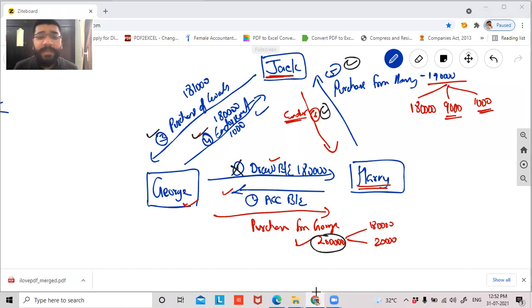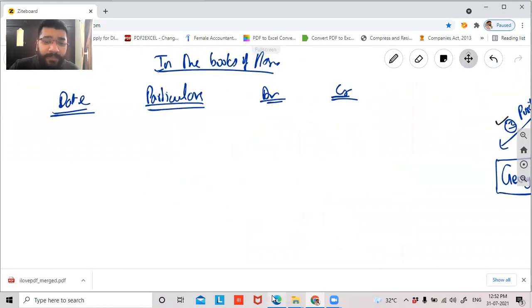Now tell me, guys, when is the first transaction that is being incurred by Harry? The first transaction is that Georgie is giving the bill to Harry. Upon giving the bill, there is no entry. Harry is accepting it. On acceptance, there is an entry that needs to be recorded. The acceptance is given on 1st of July 2019.